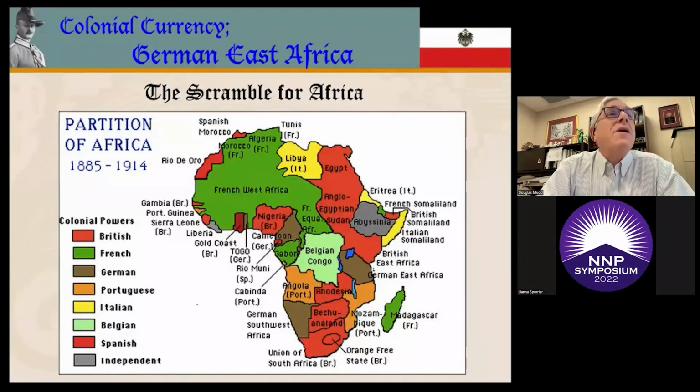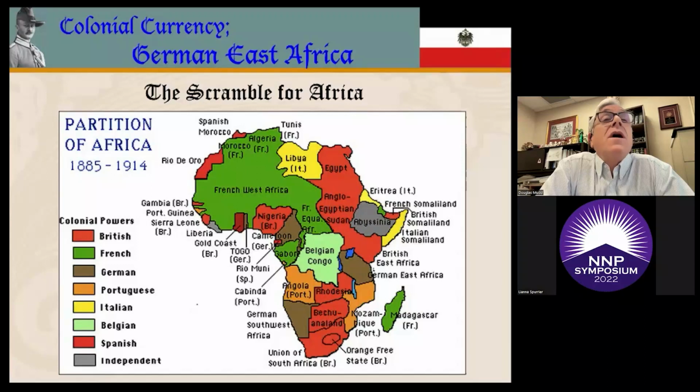So we'll look at the map here for a little bit. The Germans, the latecomers to colonialism, were able to stake claims to huge areas of Southwest, East, West, and the Gold Coast of Africa during the last decades of the 19th century. They acquired these territories with the approval of the so-called Great Powers who met in Berlin in 1884 to 1885.